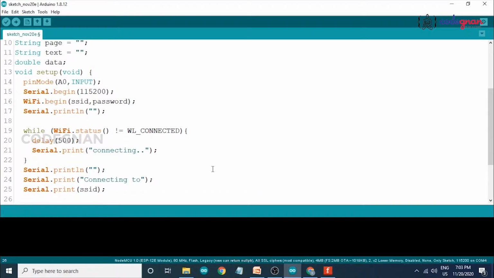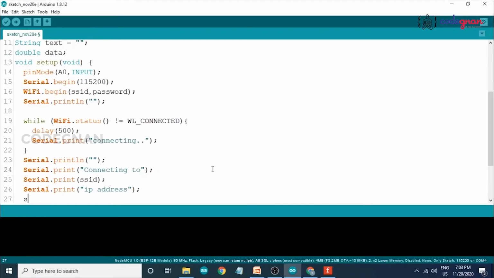Now after connecting, I want to print my IP address, so Serial.print, IP address of my Wi-Fi. So I will write it as IP address. Now print our Wi-Fi IP address.